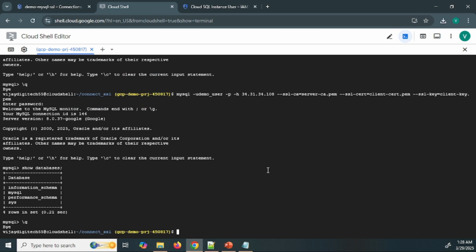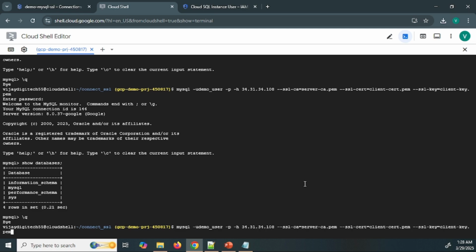So let's come out of that demo user. This is a built-in user. Even we connected from the database user. Let's connect from the IAM user. So here what we can use is the IAM user. We can take the copy of